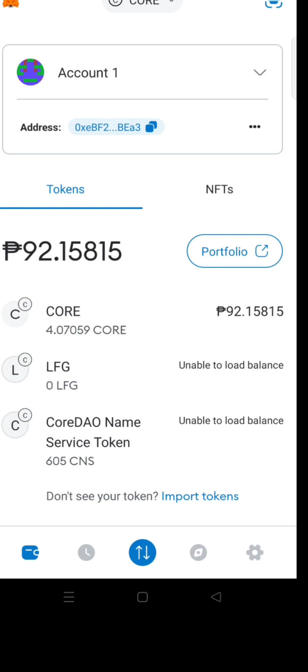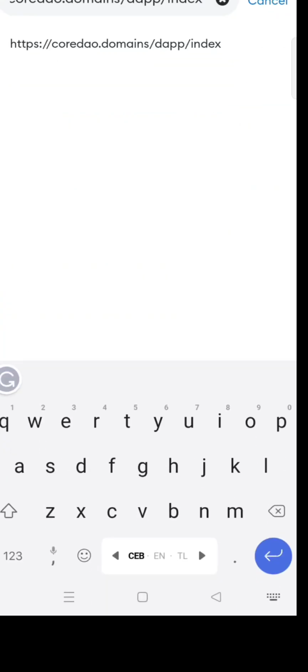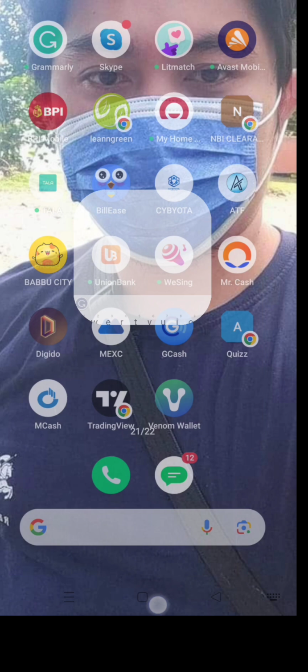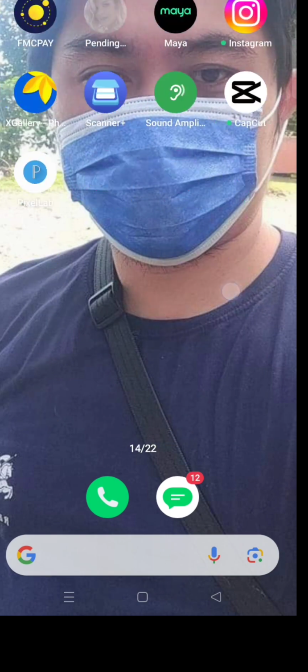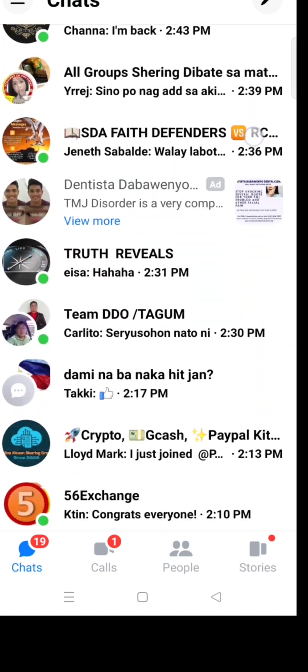So how to claim the CNS token? Click the browser of MetaMask, and in the search or type URL field, paste this one. Just wait.